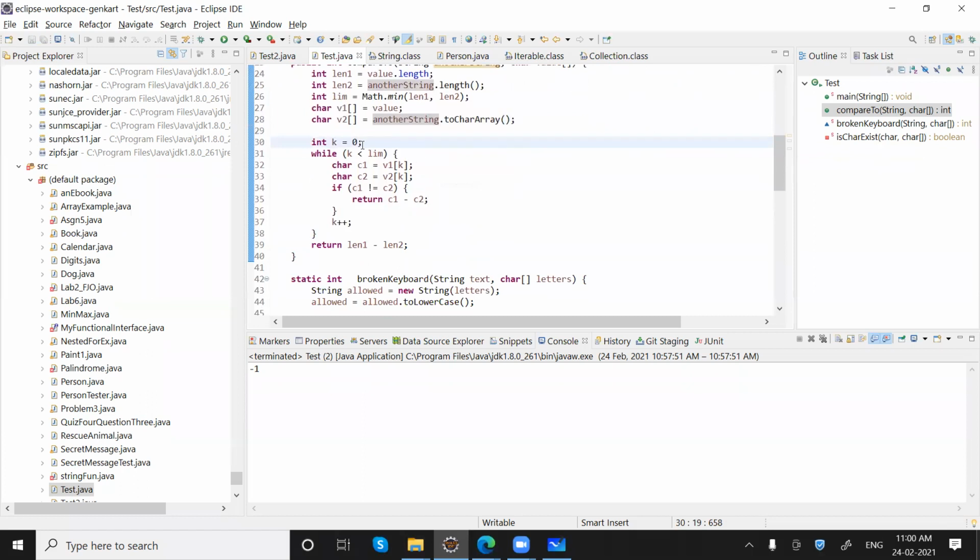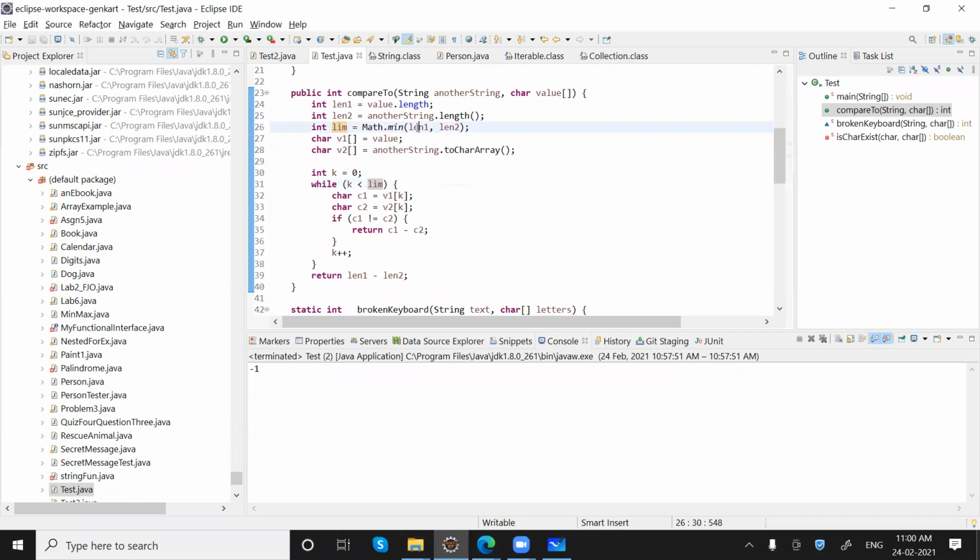What it does: we have k, then we have lim. What is lim? This is basically the minimum of these two.